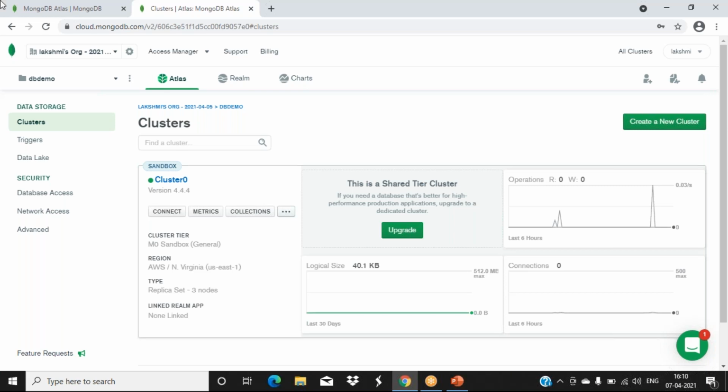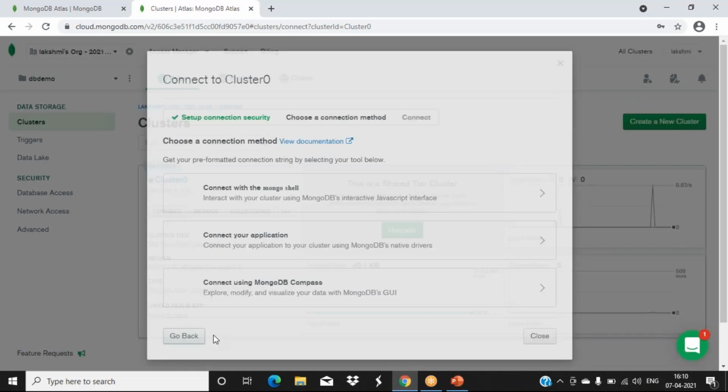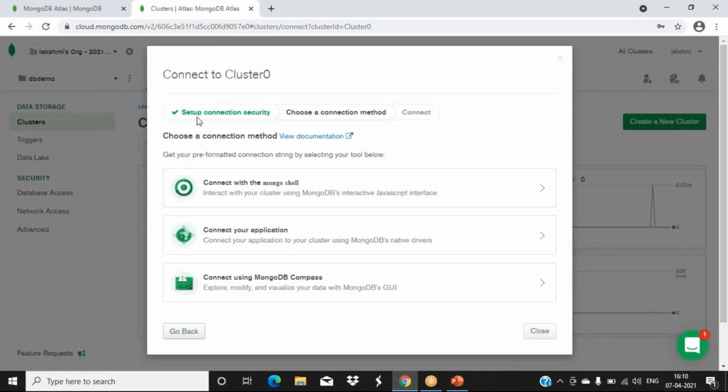When you click on this connect, we have already done this connection security part. The IP address we have added, that means the IP address of the machine you are using is already added there. Then it asks for the connection method. Here we have to use the second option, connect to your application. Click on that.